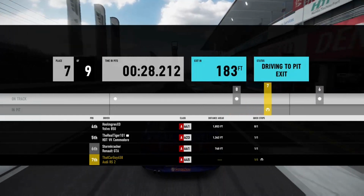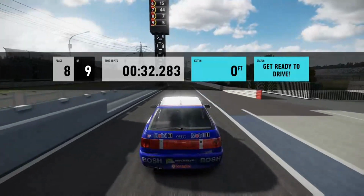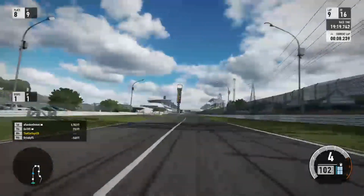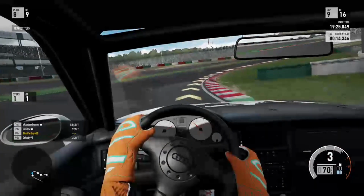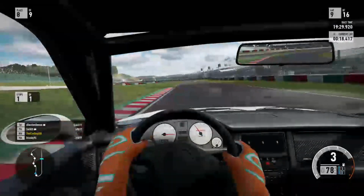I think we might be able to come out ahead of him. Is that him? Is that him? Come on, please. Please. Oh, hold on a minute. I think we have got ahead of him by quite some way. We are a good few hundred feet ahead. That's good. I thought he was closer than that. I thought it'd be a much closer